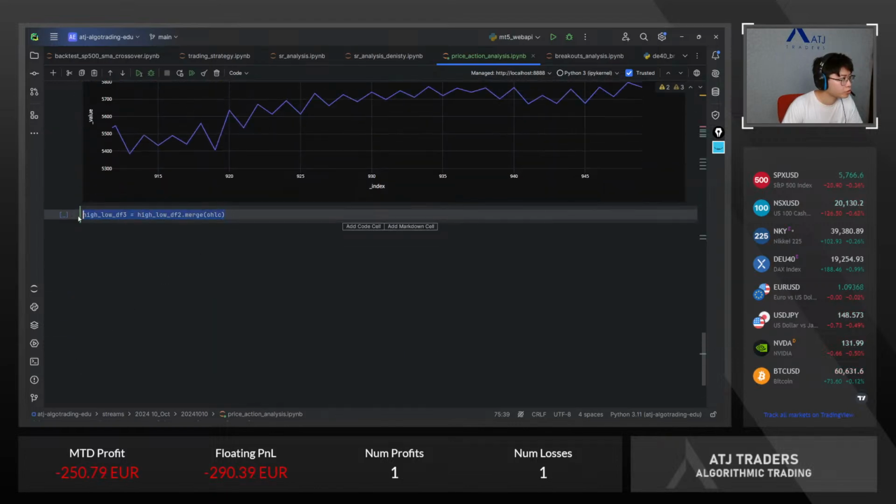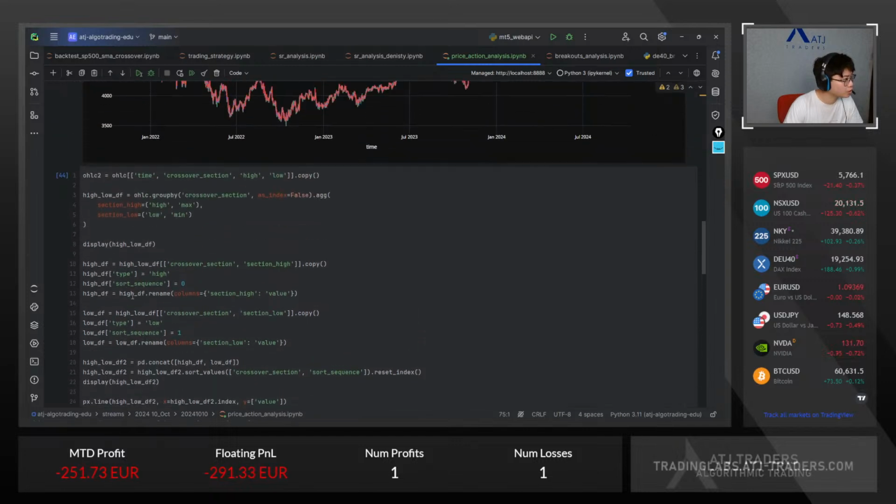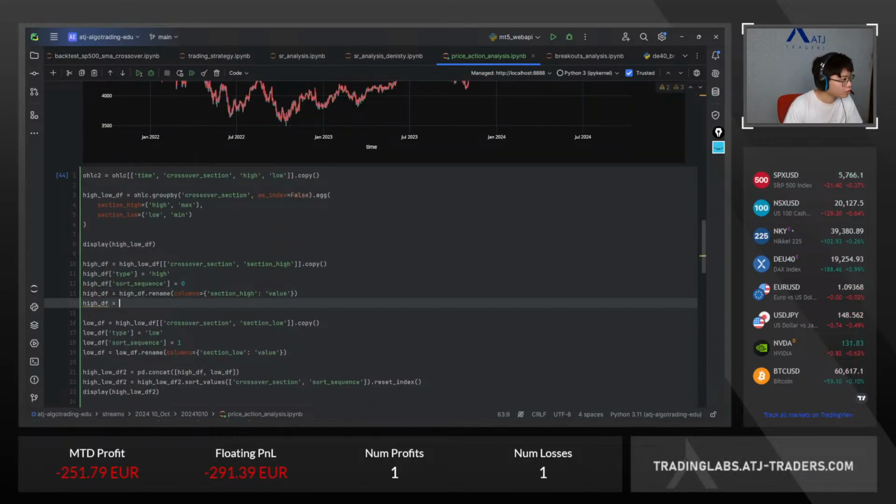I feel like we need to actually add the data prior. What we can do is add it like before here. So high df is equal to high df dot merge ohlc, and here we just need the time and the high value